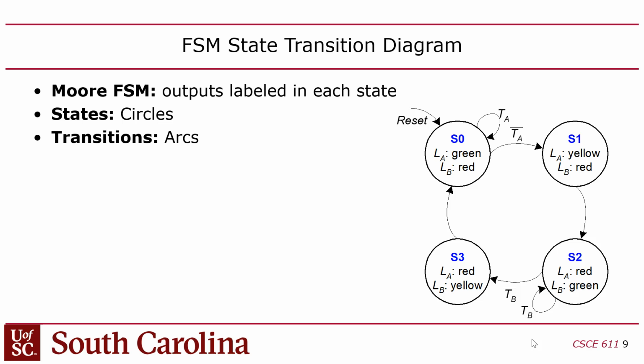The transitions designate how one state becomes another as a function of the inputs. Now the problem with this is, how many transitions should be coming out of each state? Well, it would have to be 2 raised to the power of the number of inputs, right? So we have two inputs,